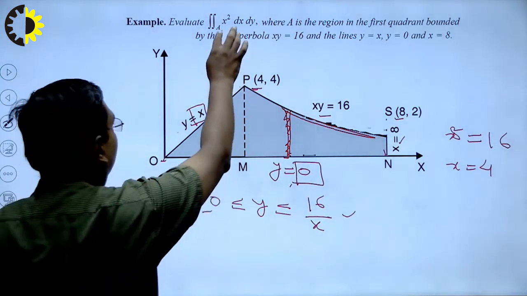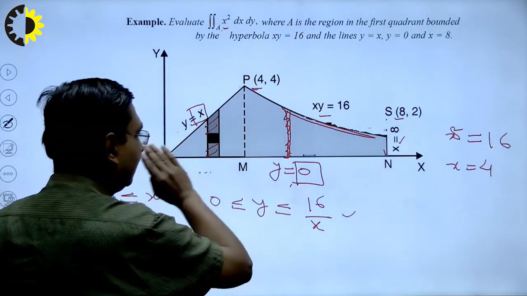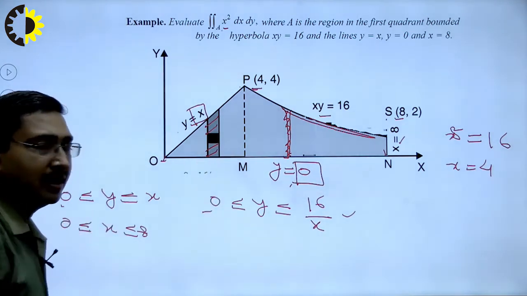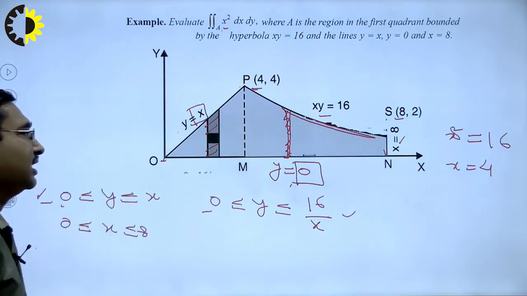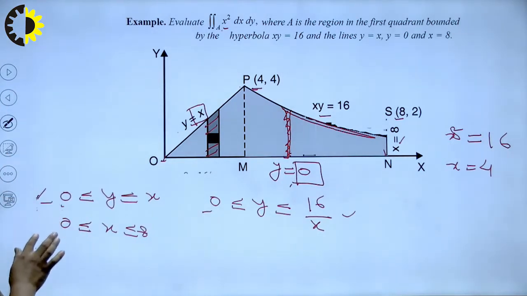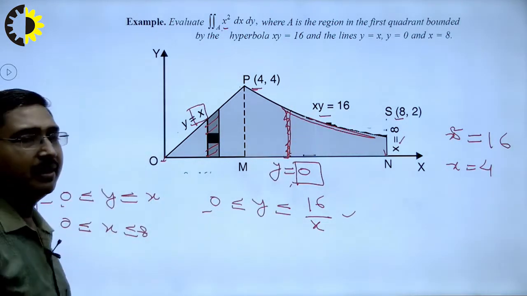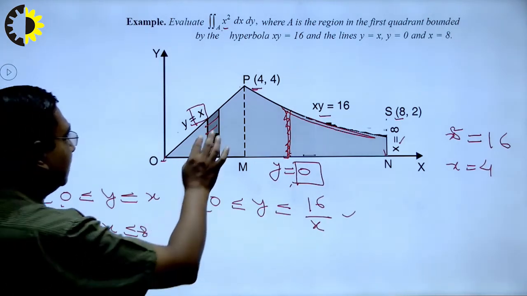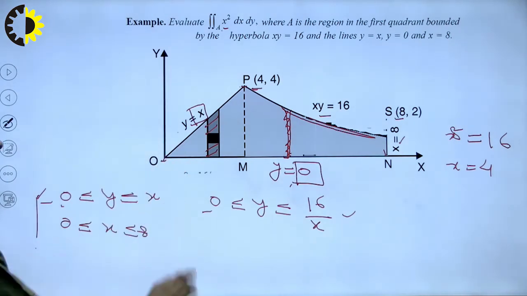This was our double integral which was to be calculated. This was our region of integration. We tried to divide this region into vertical slices. We observed that if I draw a vertical slice in the first part, then the limits of y and x will be different. If I draw a vertical slice in the second part, the limits of y will be different. Then how to choose the correct limit? In fact, we have observed that the equation of the boundary is changing in between the region.